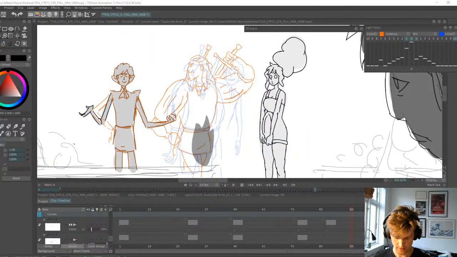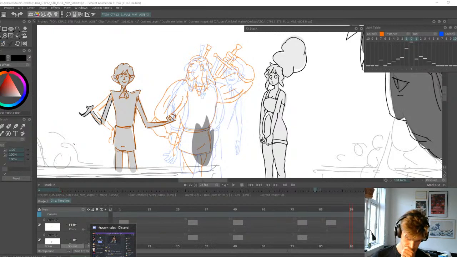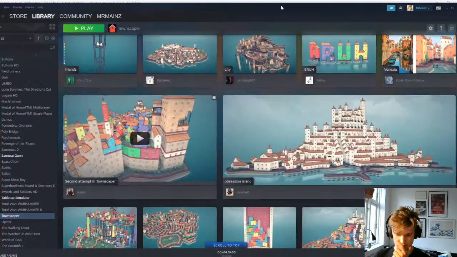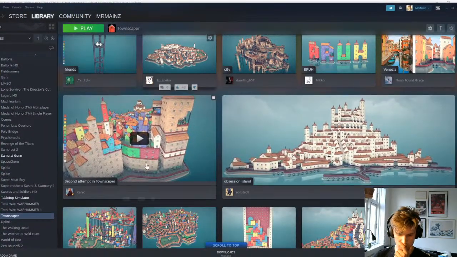Then we also had another thing, which I'm gonna show here. So we've been trying out this awesome thing called Townscaper, and where you can basically just